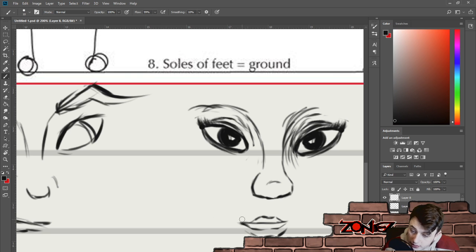So if we do thick. Now, it's not always going to be dark, but for the sake of doing this now, I'm going to draw it dark. The bigger the mouth and the less of the space that the lips take up, the less it will impact.